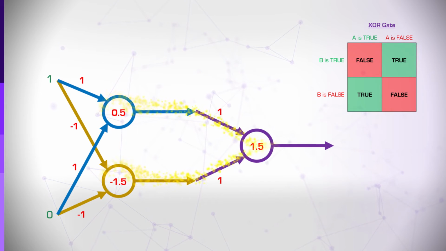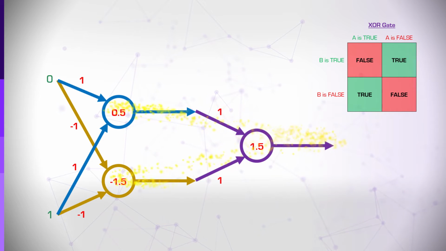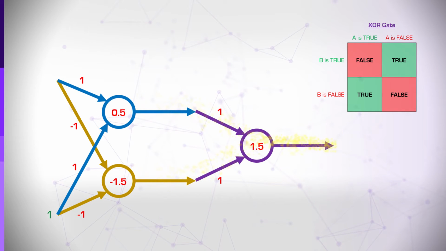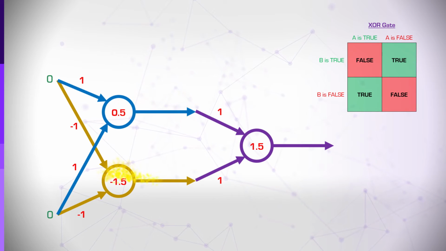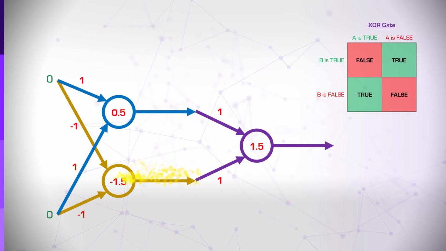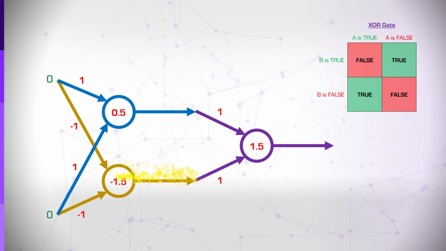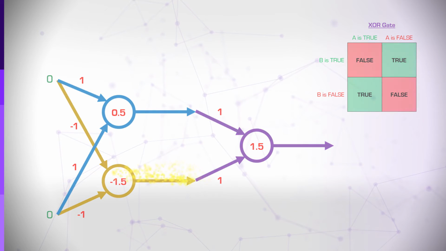With this structure, only if the first input is 1 and the second one is 0, or the other way around, the last neuron will fire. If both inputs are 1, the last neuron will not fire, nor if none of them are 1. Do you see where this is going? We added another layer and received a more advanced computation capability. Let's try to visualize this phenomenon.